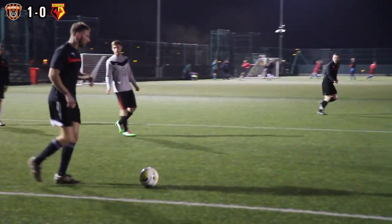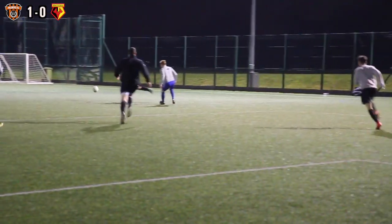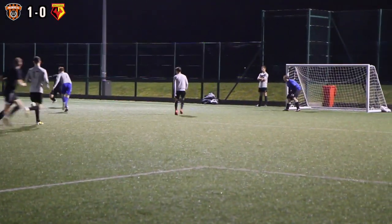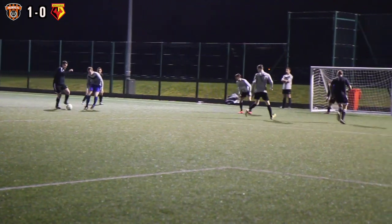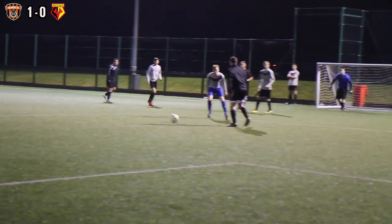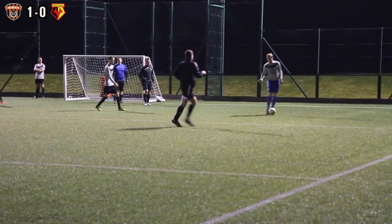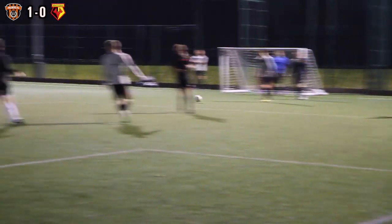Watford T-shirt now on this near side, switching the play over to the far side where Watford tracksuit is. He plays it down the line to Joey, who gives it to Chris first time. Chris gives it back to Joey, Joey back to Chris. Graham puts the pressure on as he makes Chris go back to Watford tracksuit, who then picks it up, takes a touch and then plays it back to Chris on the edge of the box. Graham does well and stands his ground as he blocks the ball and then picks it up on this near side. He's looking for an option and he finds that in Scottish over that far side, who's in plenty of space,